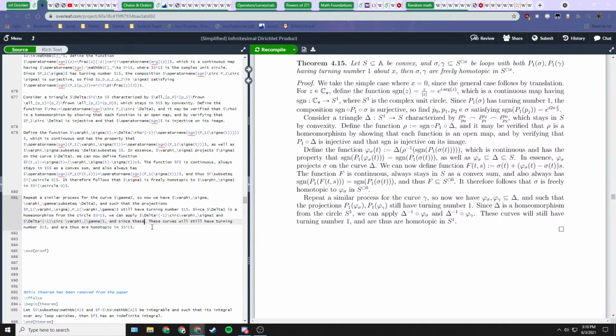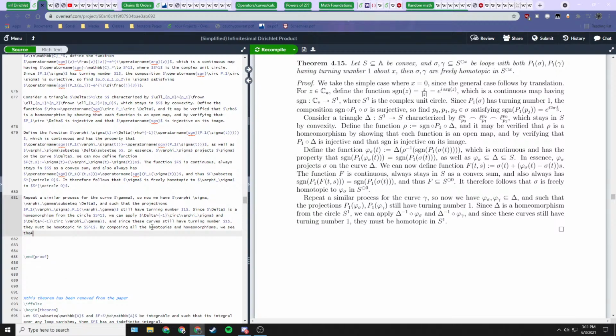And since these curves still have turning number 1, they must be homotopic in S1. And then by composing all the homotopies and homeomorphisms, we see that sigma and gamma are